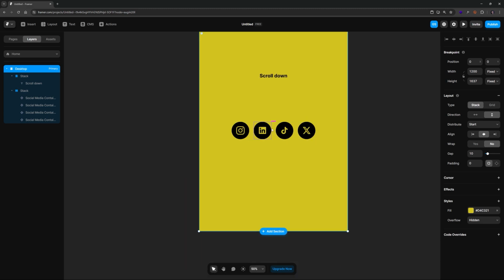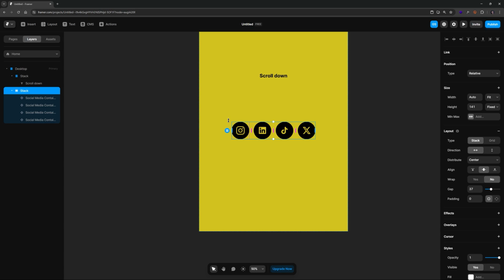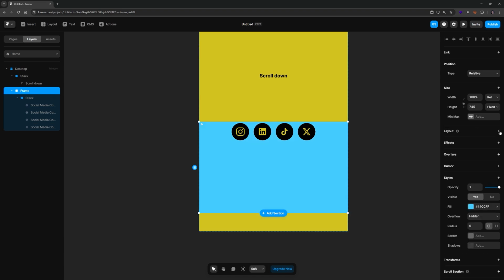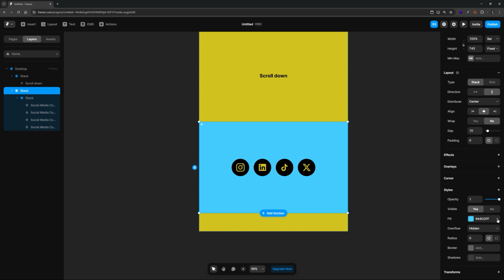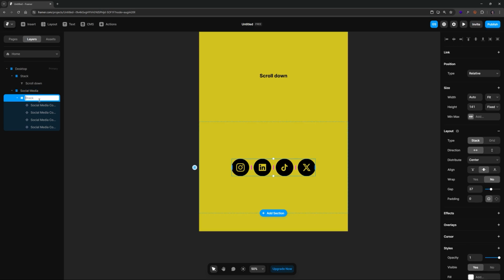But what I want to do is wrap all this element inside of another frame so that we can get it centered in its own container area. So I'm just going to hit F, wrap it around, maybe somewhere right around this tall, and then add a layout, and that way we'll get it centered up. Let's hide this. Okay. So now we have this stack right here, and I guess we can just call this an overall section called social media. Okay, and then we'll just call this